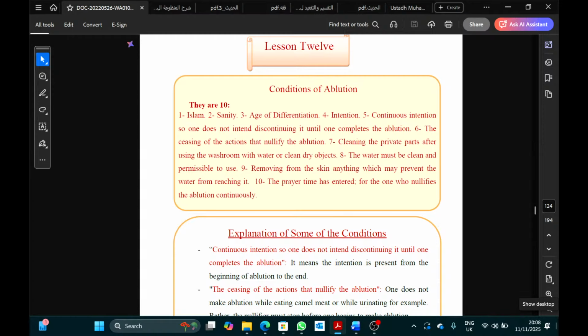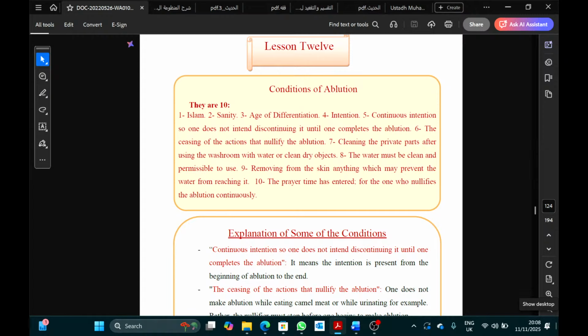So that's what it means. It doesn't necessarily mean that every second you have to think in your head, I'm doing wudu, I'm doing wudu, and if you daydream, your intention's not there. It doesn't mean that. However, if you do think throughout the whole wudu that I'm doing an act of worship, that's recommended. It's like salah, you can pray the salah, but if your mind goes elsewhere, it's not the same as somebody who's praying the salah with full attention. So it's similar to that.